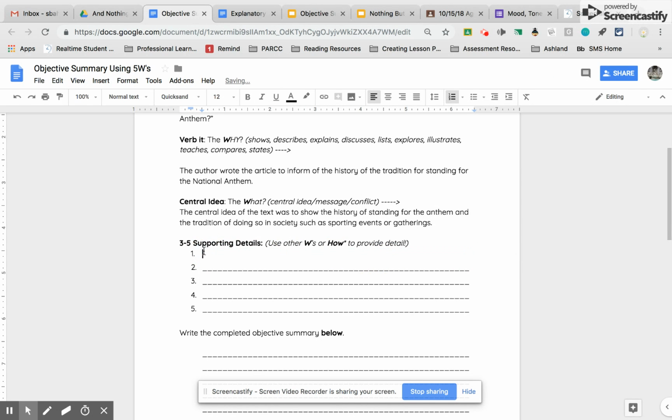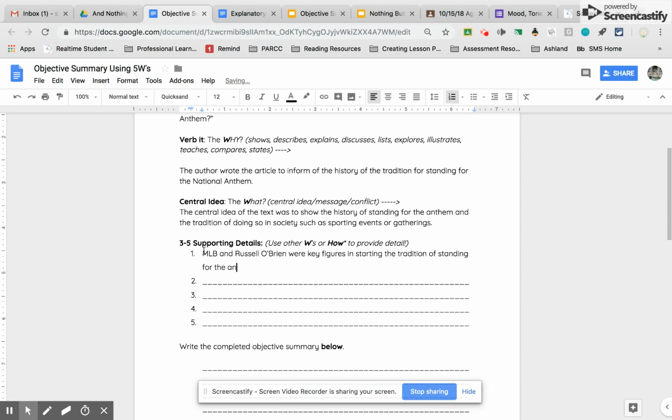So it mentioned yesterday that the Major League Baseball, and it also mentioned characters like Russell O'Brien were key figures in starting the tradition of standing for the anthem